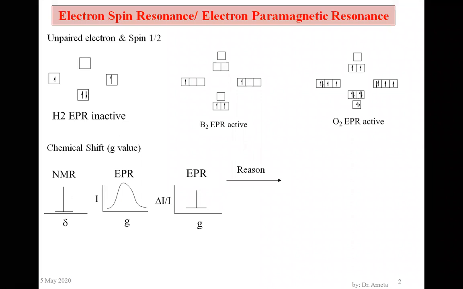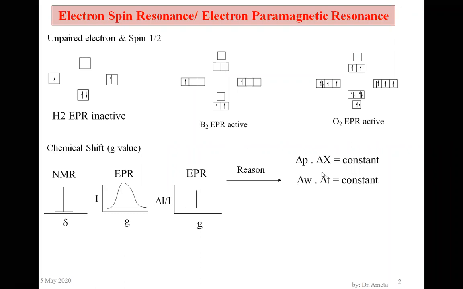And now why are we getting a broad signal? That is the reason behind this. What is the reason? We know that the product of delta P momentum and displacement is constant for a particle. Similarly, delta width, this is the width of the peak, and delta t is the relaxation time. So the product of delta width and delta relaxation time is also constant.